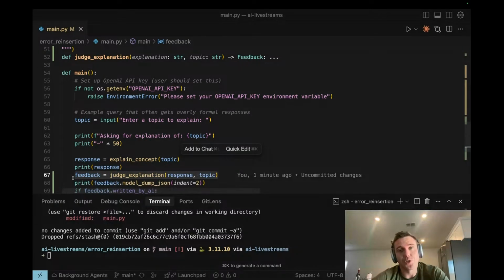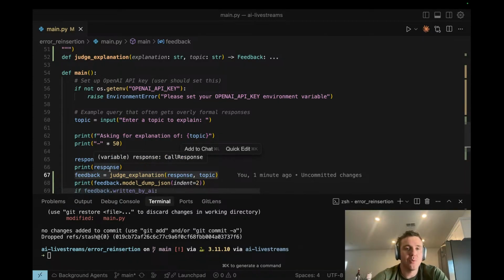Well, you could choose to still return it to the end user. And maybe that's not going to provide a great experience because the quality might be not what you want for users. You could just raise an error, which also is a pretty bad user experience. But there's a third option. You could actually regenerate a response. But if you do that naively, you're probably just going to get a similar quality response. So what we can do is actually take this feedback and give it back to the AI that generates the response and tell it what it did wrong.